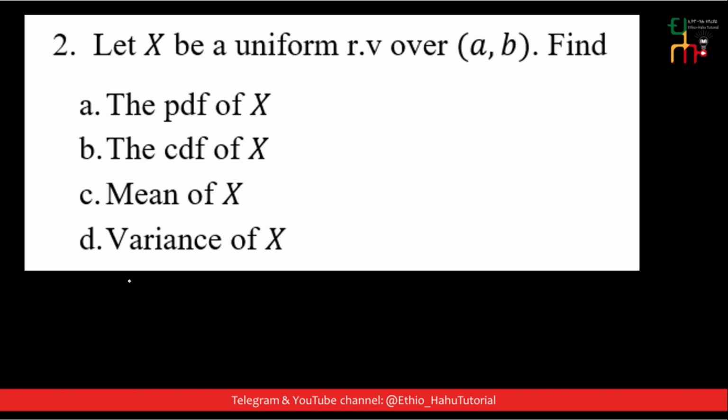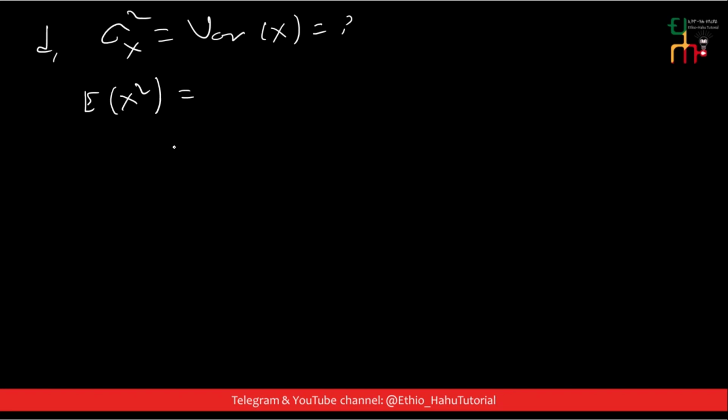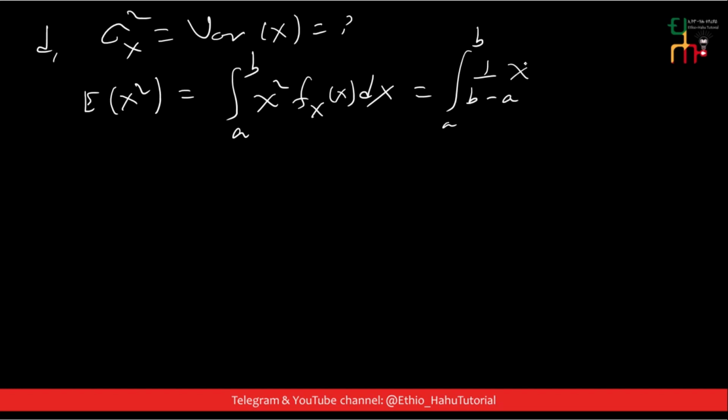Variance of x ለማግኘት ማድረግ አለብን መጀመሪያ expected value of x square ማግኘት አለብን ማለት ነው። Expected value of x square ማለት ምን ማለት ነው expected value of x square ማለት the integral from a to b of x square fx of x dx ማለት ነው። This is equal to the integral from a to b እና fx of x ማለት 1 over b minus a ነው የሚሆነው times x square dx ይሆናል።